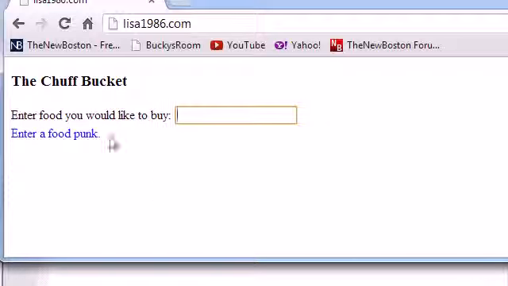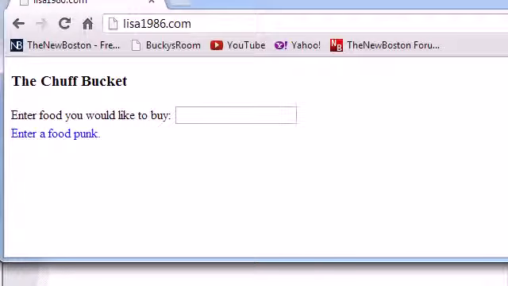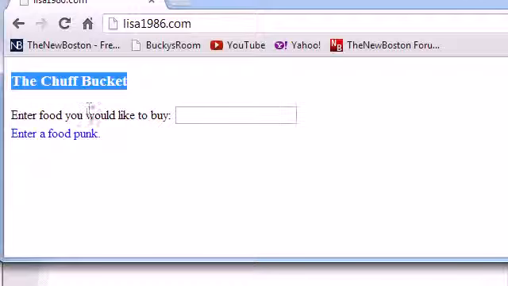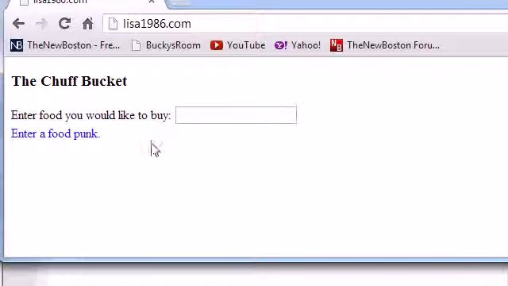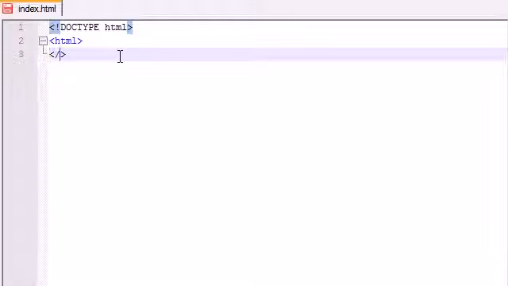So the very first thing we need to do is build a very basic web page without any scripting, without any PHP or JavaScript, just so they have an interface. Basically this is going to be just a header and a simple input area that they can type into. So the first thing that we need to do is, of course, create the doctype, and I'm just going to be using HTML5 style. Although you probably don't even need this, that's not very good programming practice. So create HTML, and in the head,